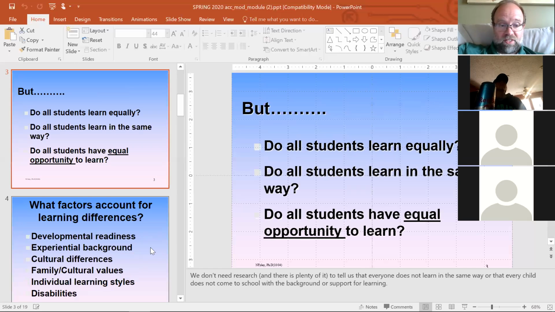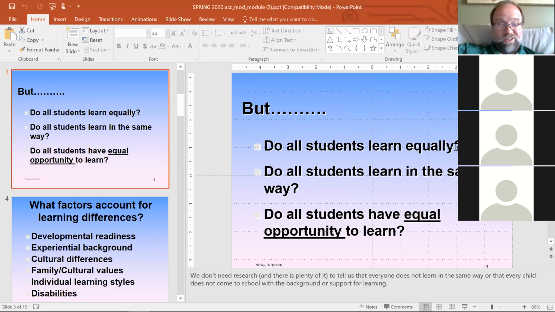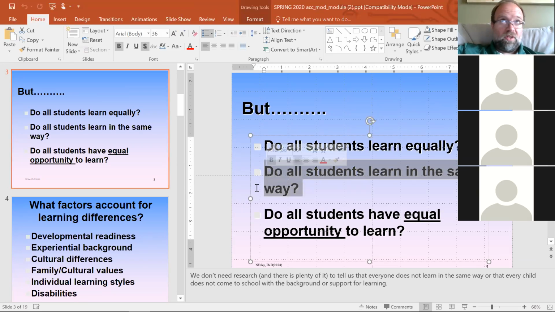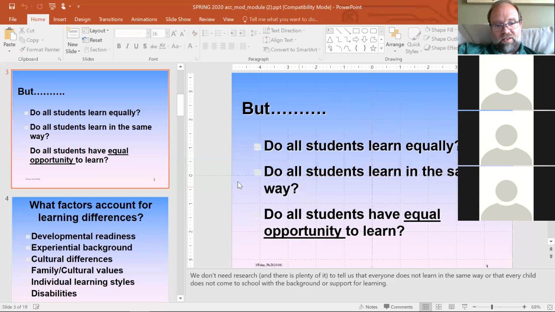And so that allows us to ask these questions, which I kind of just referred to. Do all students learn equally? The answer is no, they probably don't. Do all students learn in the same way? They absolutely do not. One of the biggest surprises for me as a first-year teacher was that my students in my classroom did not learn in the same manner that I did, which was